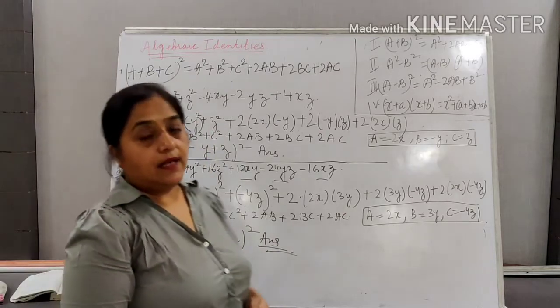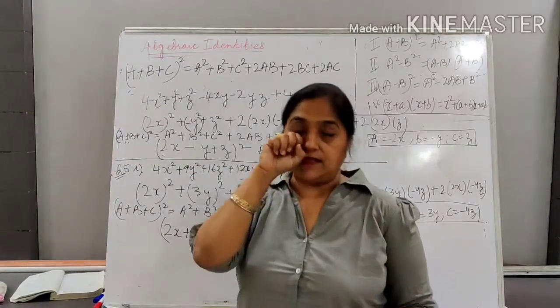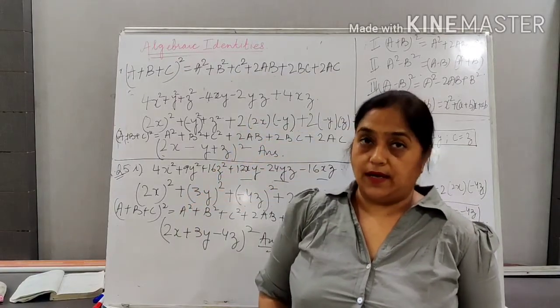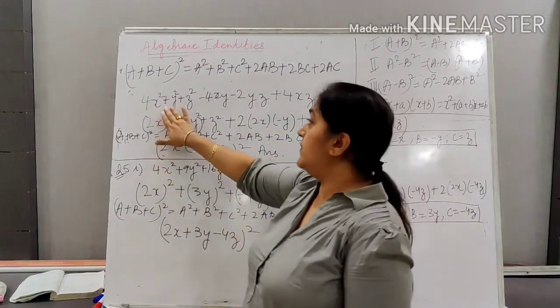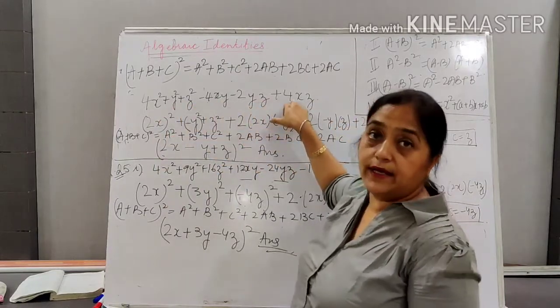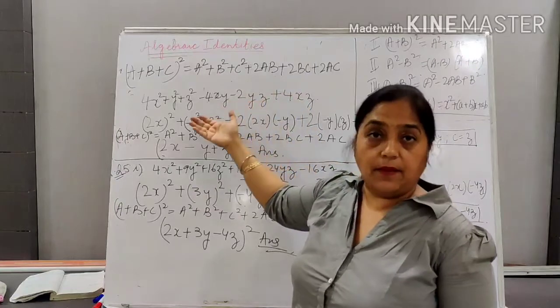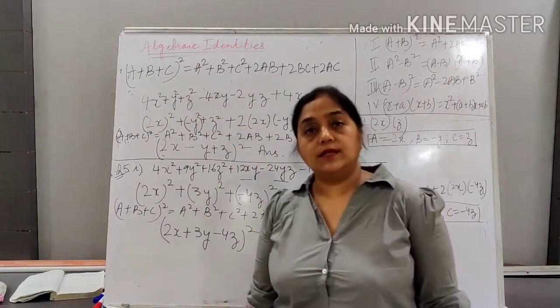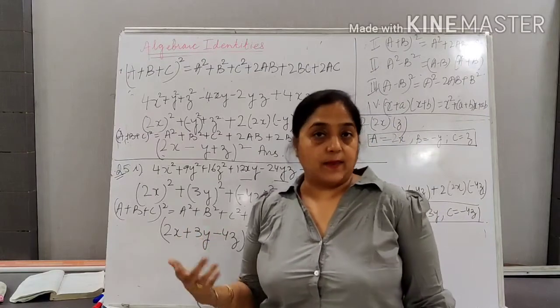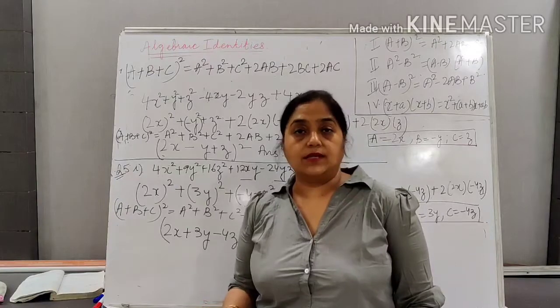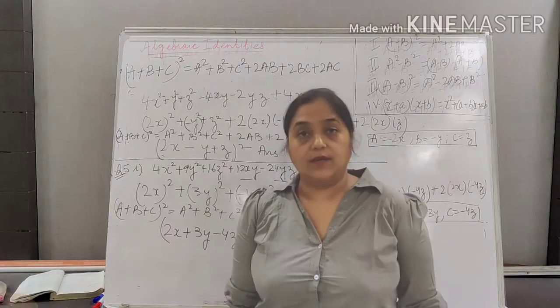So these are the techniques you have to use in the questions which are containing 6 terms, and some of them are negative. You will find that squares of the numbers are positive, and we have the negative sign here, either in AB or BC or AC. And then you have to just judge it by simply inspecting which term, either A or B or C, is negative. Got it?